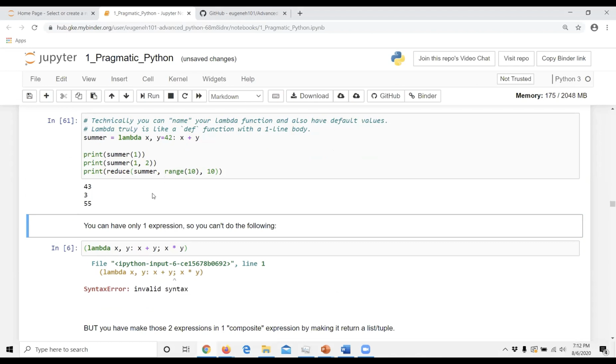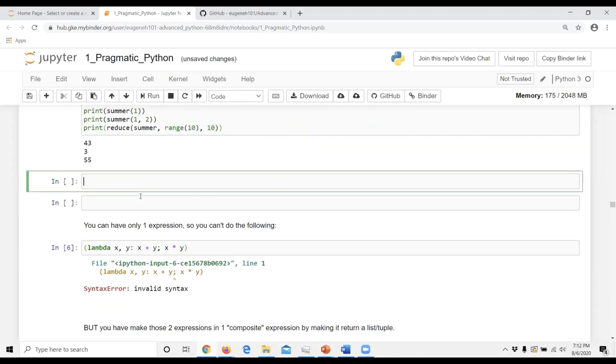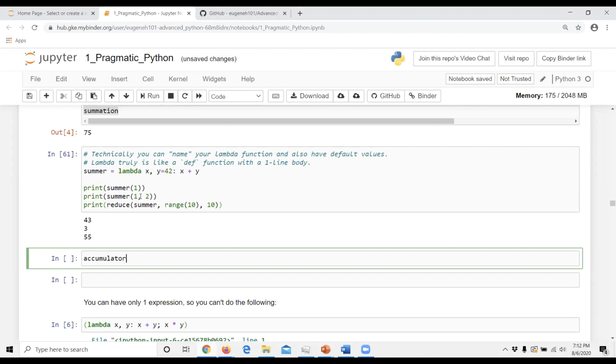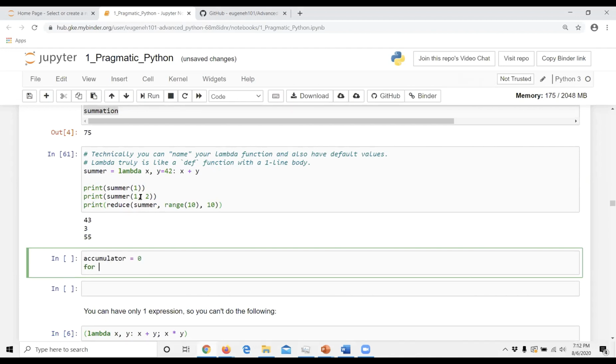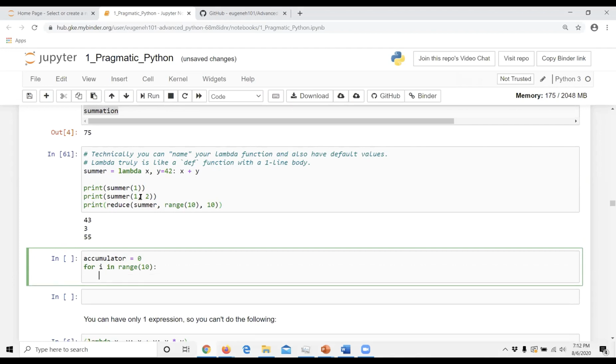So basically, if I had this accumulator, let's say accumulator equals 0 or something like that, for i in range 10, accumulator plus equals i.